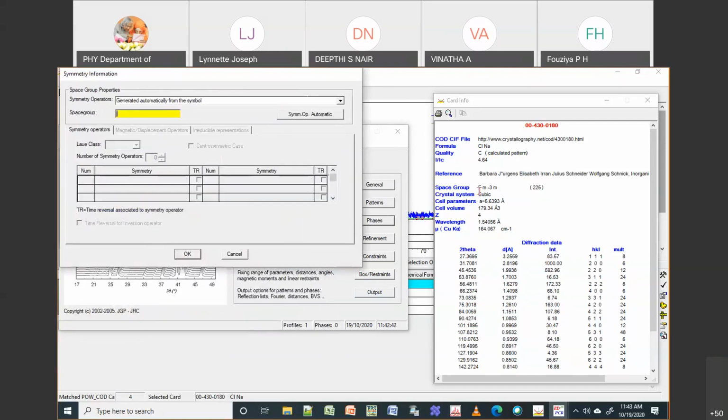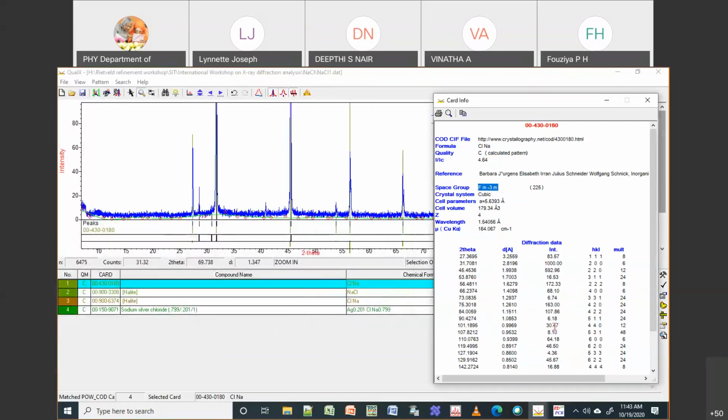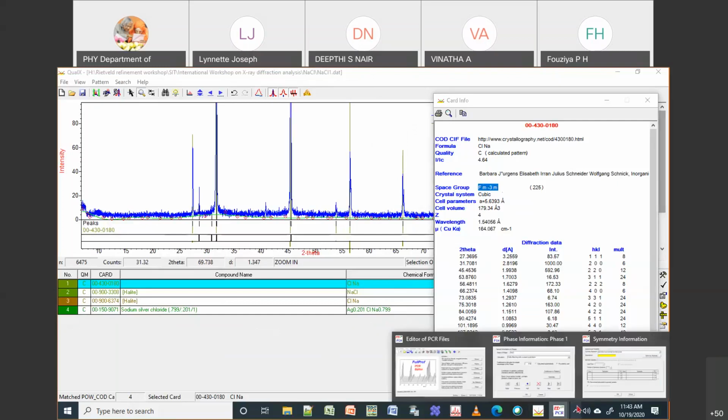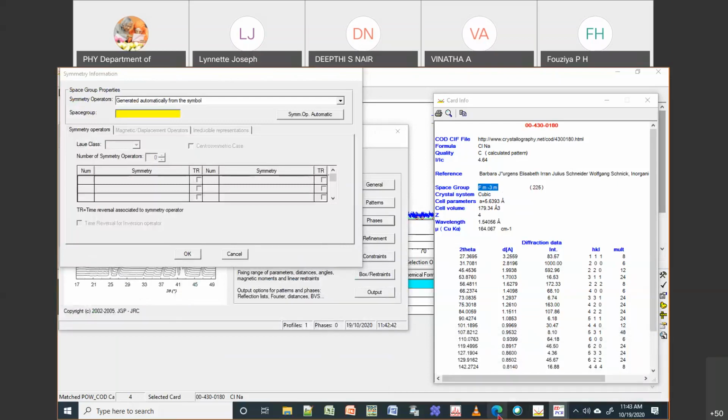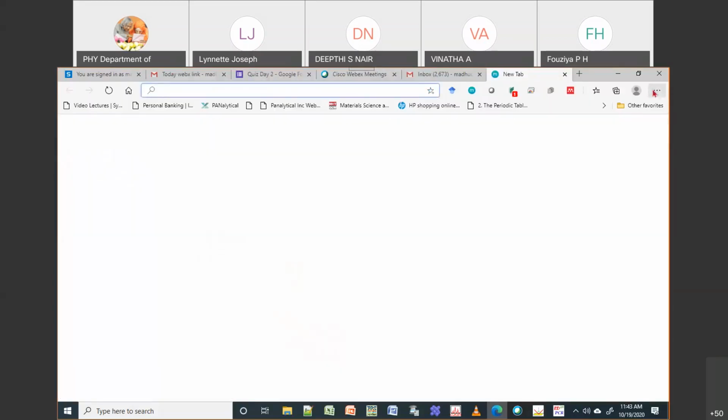Here you can give Fm minus 3m, or what you can do is, each space group has a number. For example, in this case, this is 225. Even in the previous case, when we opened the list of space groups, each space group has a number.